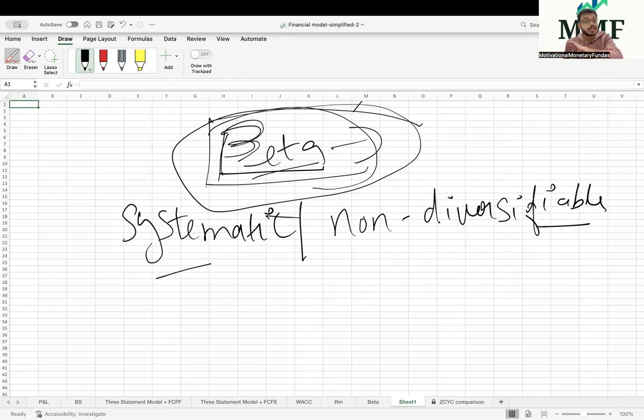But the risk which cannot be diversified away is also called the relevant risk or the market risk, right? इसको हम market risk भी कहते हैं. This is called systematic risk, which you cannot diversify away even by creating a portfolio. There can be certain characteristics of a particular market or an economy. If something wrong happens, the whole sector or the whole economy will collapse or fall or simply correct, irrespective of whether the fundamentals are strong or not, right?